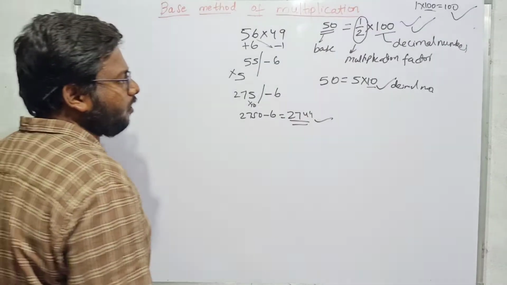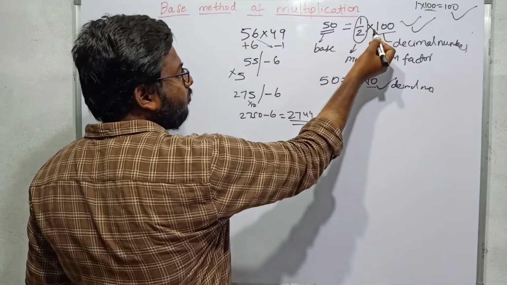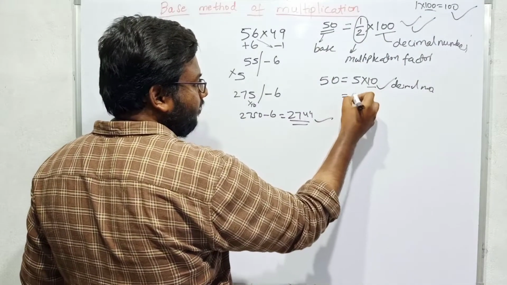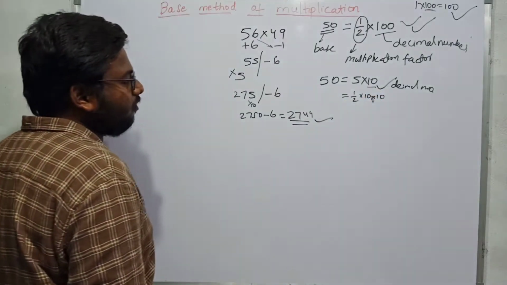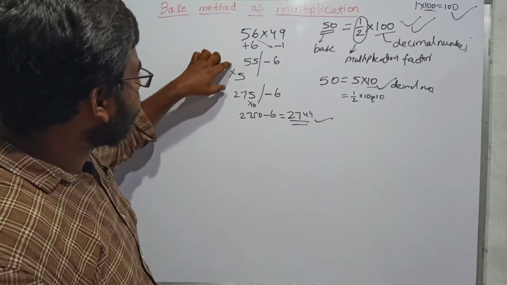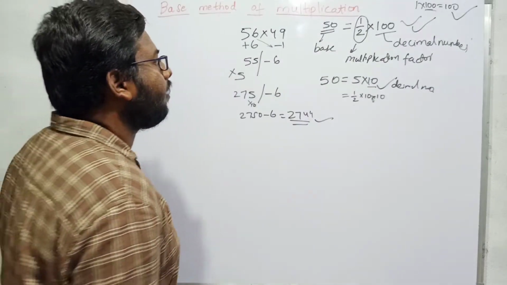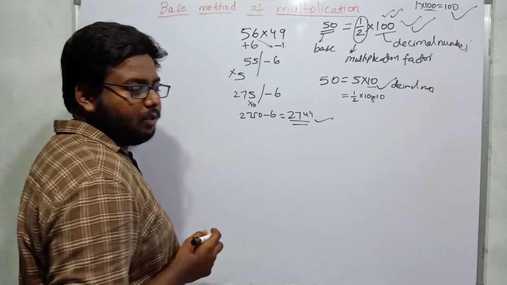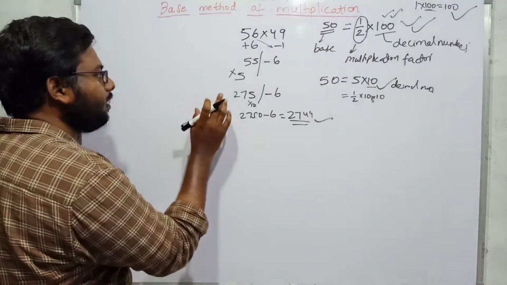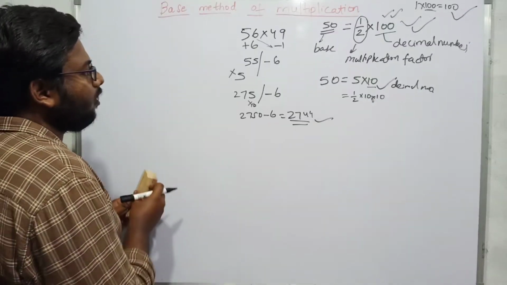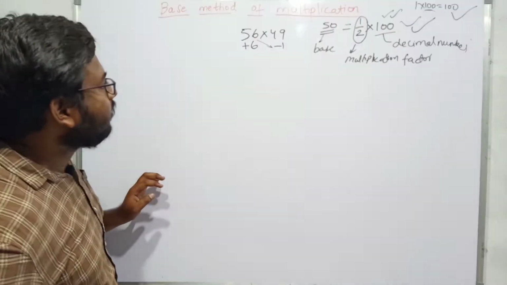And there is no difference between 5 into 10 and half into 100, because this 50 I can write as half into 100. This is 5 into 10 also. Then 5 is nothing but half into 10. This is into 10. This is nothing but half into 100 only. And if you want to multiply anything in 5 also, our trick is making this half. So we are going to indirectly do this model only. For conceptual understanding only, we took this type. So if you are curious to know why we are multiplying with 5, why we are multiplying with half, then you are a true student of mathematics.